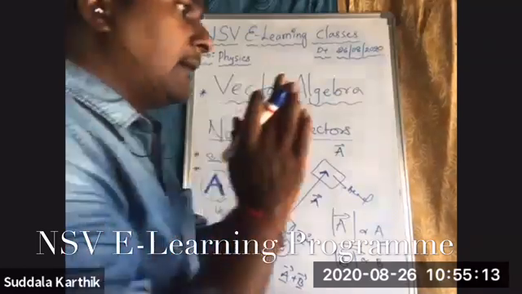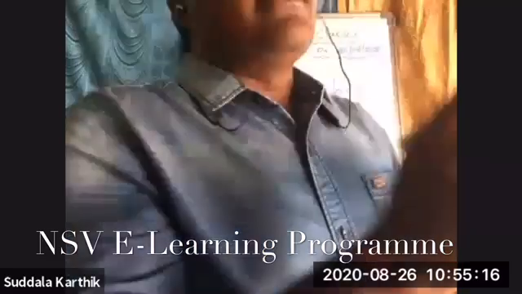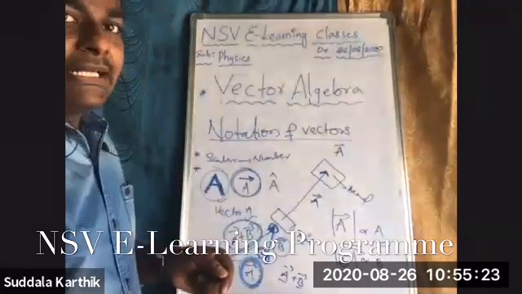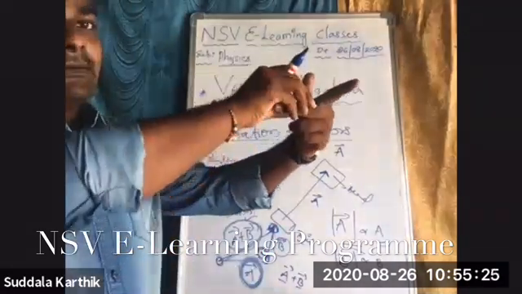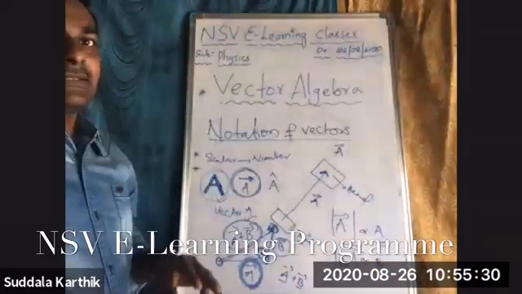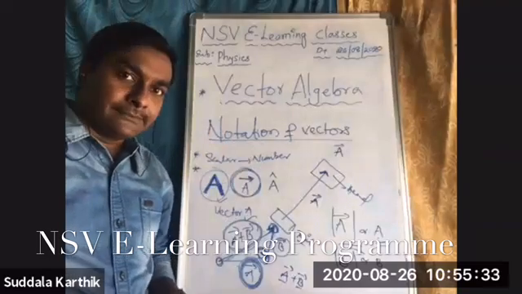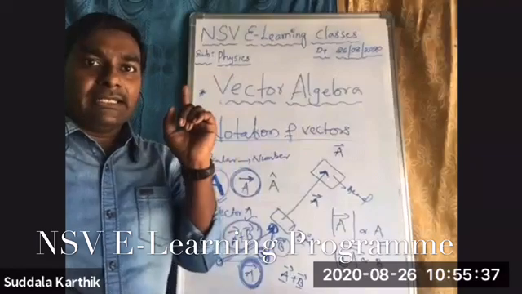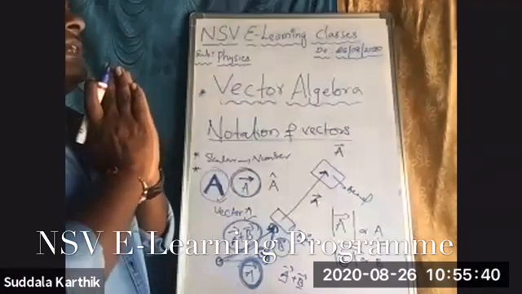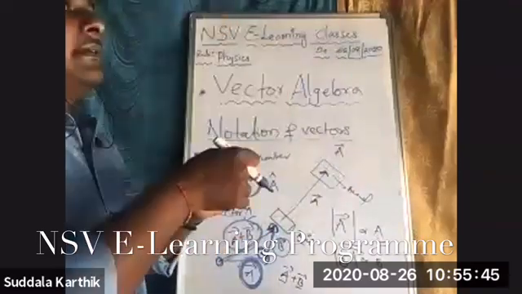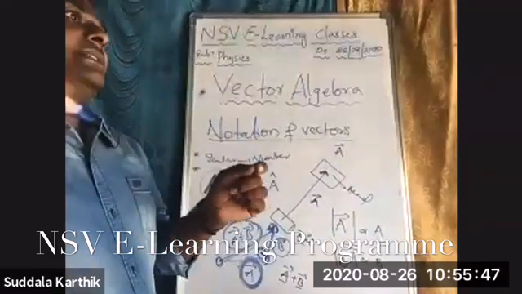At the beginning of my classes, in the introduction classes, I gave that 1D motion is nothing but it can move along a positive x direction, or a negative x direction, or positive y direction, or negative y direction, or positive z direction, or negative z direction. There are 6 different possibilities for 1D motion. 2D motion is nothing but it can move along xy, yz, zx.